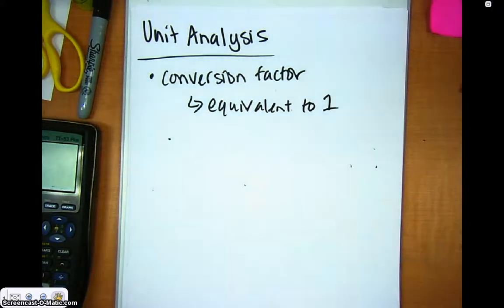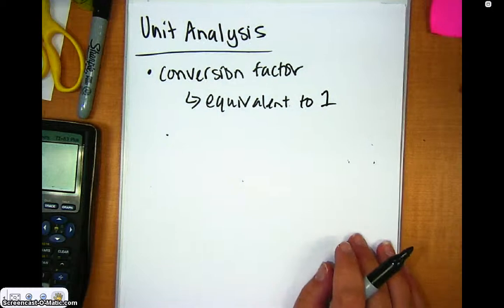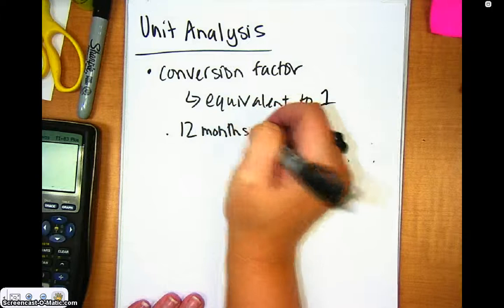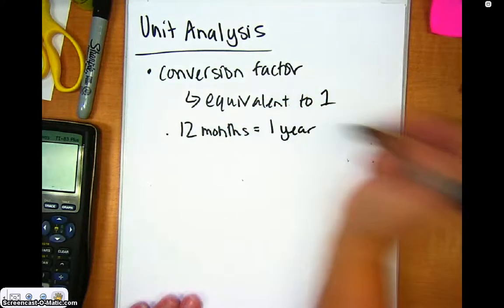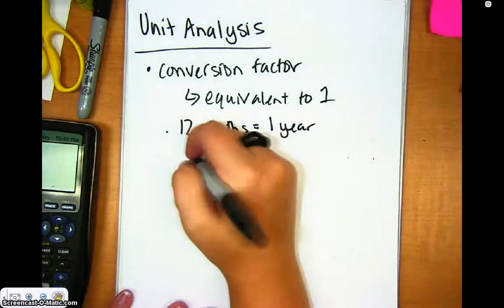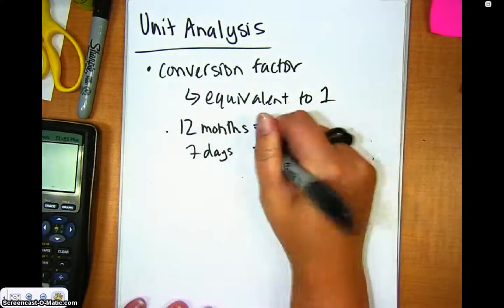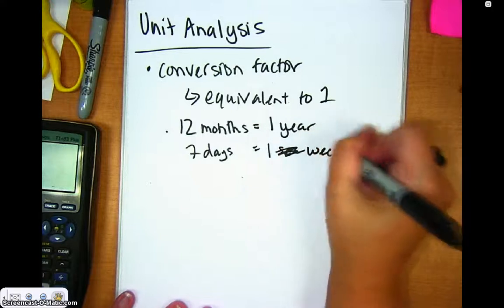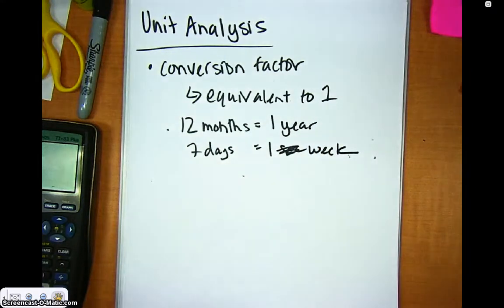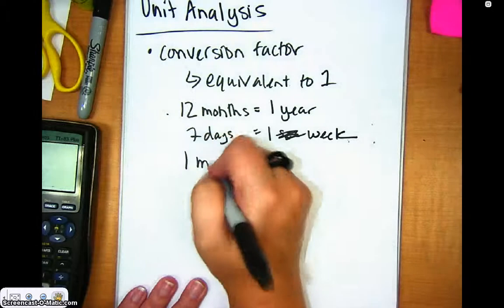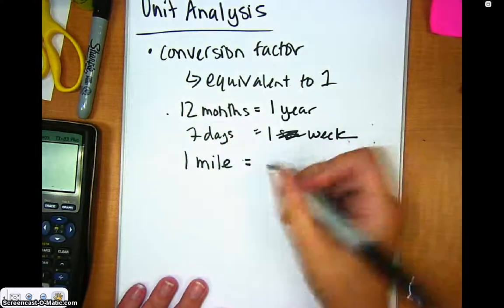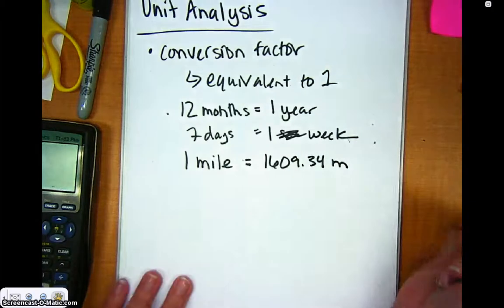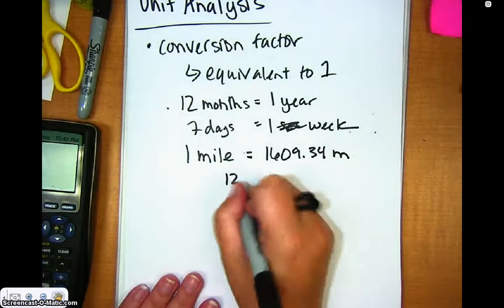An example of a conversion factor would be: there are 12 months, which is equivalent to 1 year, or 7 days is equivalent to 1 week, or 1 mile is equal to 1,609.34 meters. Right? So if we write them fractionally, you have 12 months